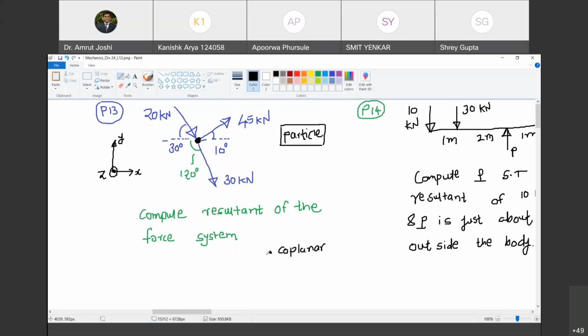Now, what can you say more about this force system? What about the intersection of the lines of action of all the forces? Is it in a single point? They converge or diverge from a single point, sir. Yes. So the lines of action of all the forces do have a common intersection point. Do you agree with me? Yes, sir. So what do we call such a force system? Concurrent. Are you with me? Yes, sir. So it is not only a coplanar force system, it is also a concurrent force system. Are you with me? Yes, sir.